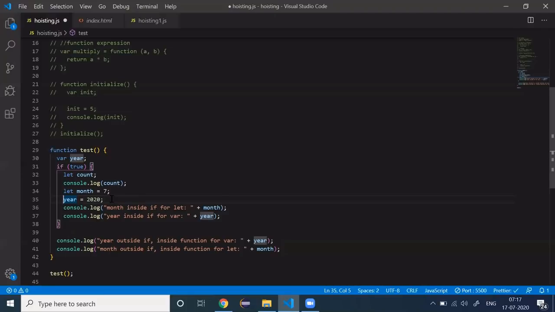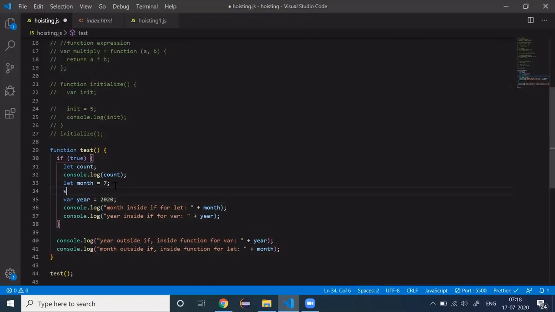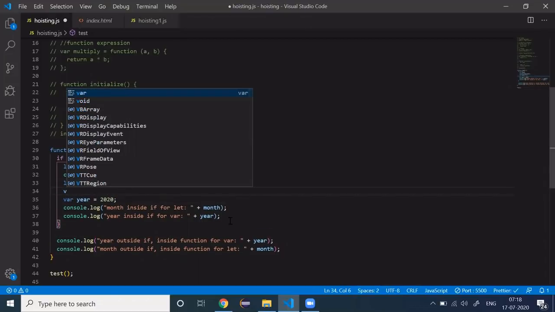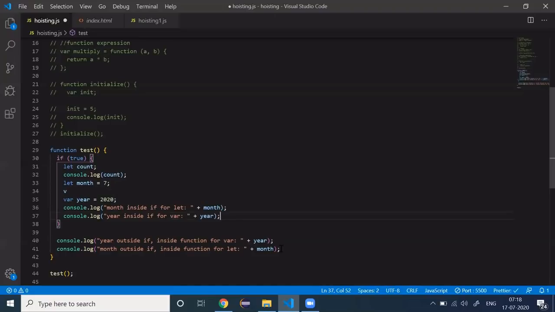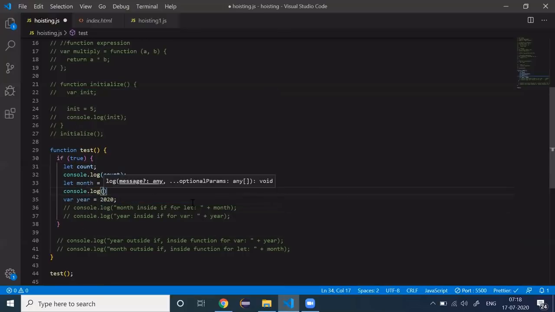Now, how does hoisting happen for let? So let's undo the changes. For var, if you access this variable before declaration, let's use this. Let's comment these two, comment out these two as well, and try to access the value here before declaration.